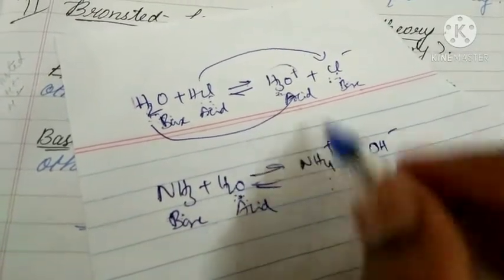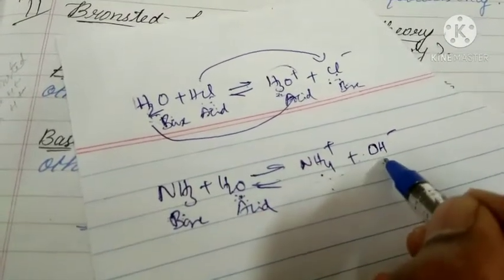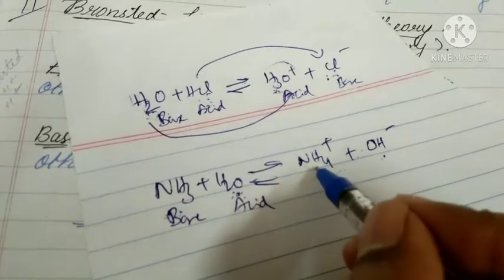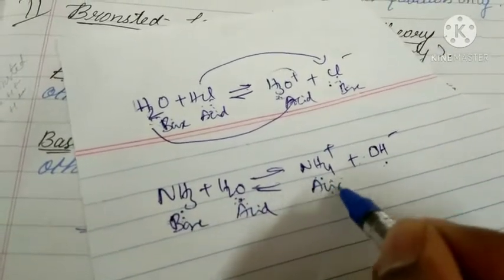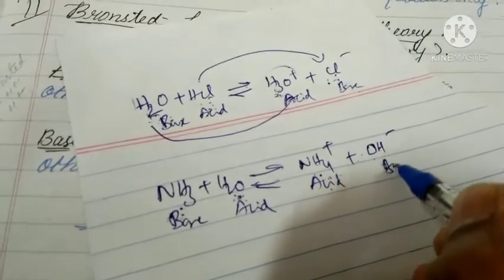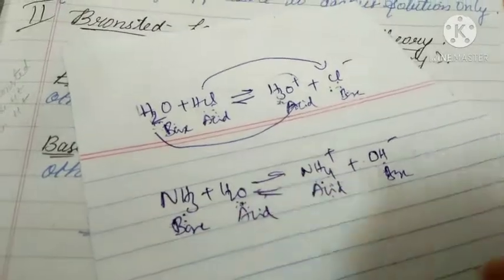This is also a reversible reaction like the above reaction. That means this NH4 plus can donate H plus to the OH minus ion. Then only it became NH3. That means NH4 plus acts as acid. Then the OH minus acts as base. Why does it act as base? This OH minus ion gains H plus, so that it became H2O.